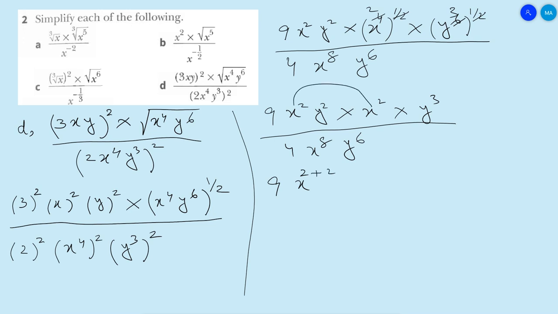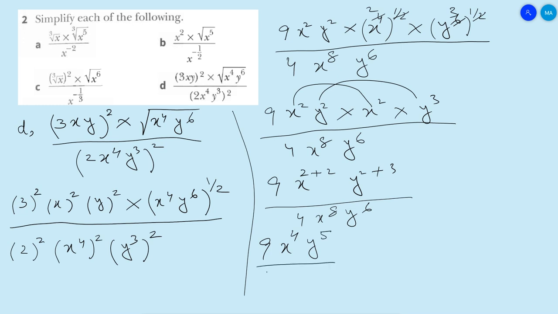I am taking these two, x squared. Similarly, y to the power 2 plus 3. Apply the rule of indices: if the bases are the same, then the powers will be added. So 9 x^(2+2) y^(2+3) upon 4 x^8 y^6 is equal to